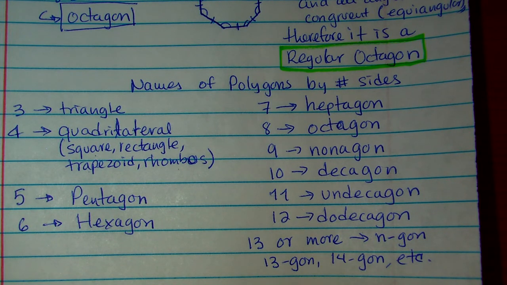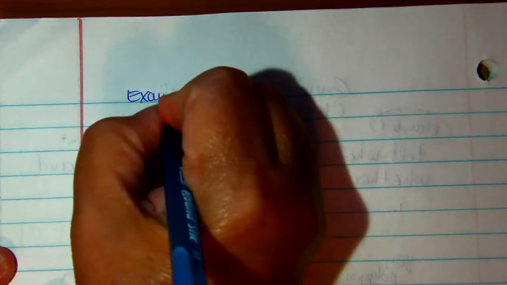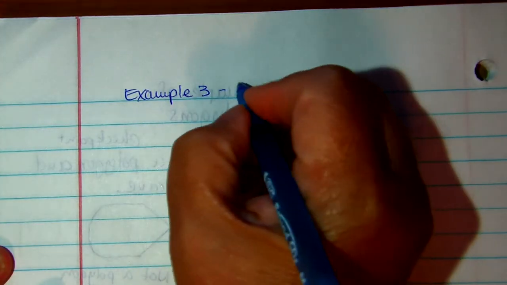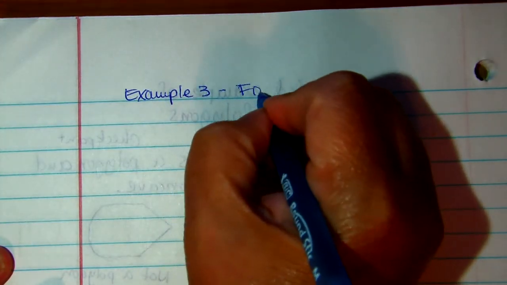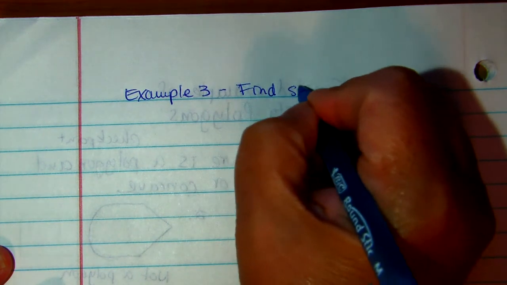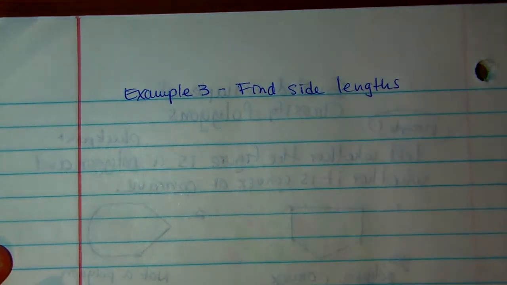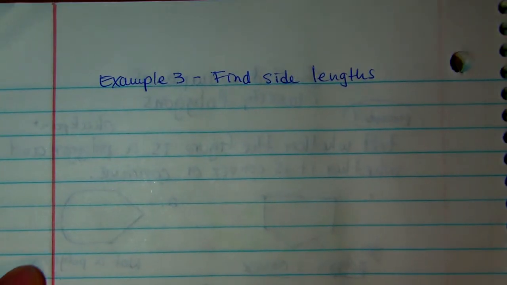We're going to need it for the next practice that you're going to be doing on Friday, okay? All right, then we move on to example number 3. Example number 3. This one is about find side lengths. Okay? And this is a word problem, and it says here,